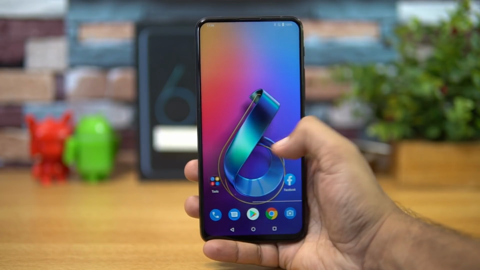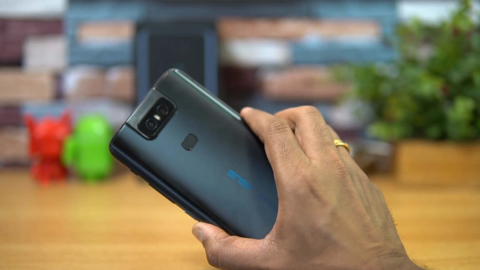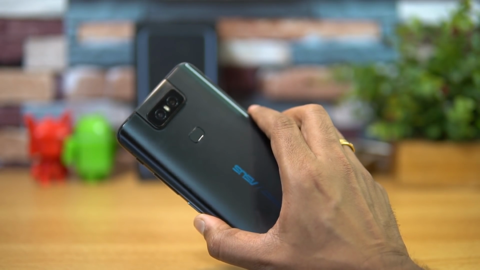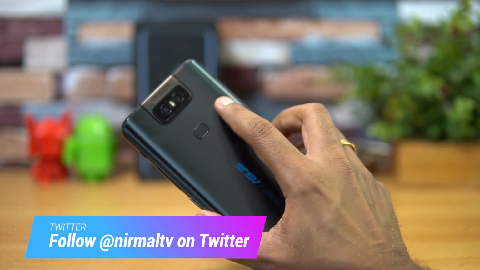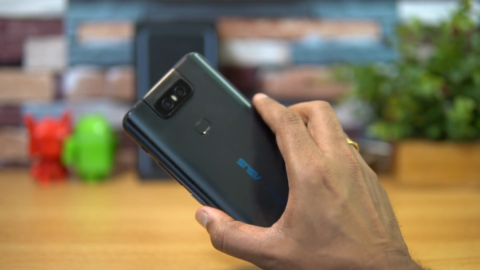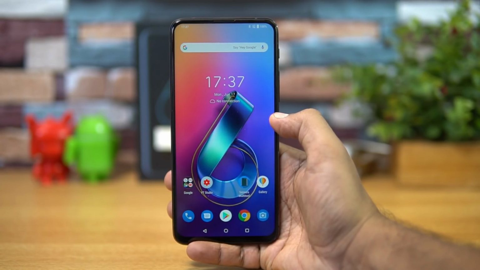In this video we'll share some camera tricks on the ASUS 6C. The ASUS 6C has this flip camera mechanism, so it flips up to open the front camera as well. There is no front camera as such. The rear camera is used for the front camera as well. In this video we'll talk about some of the tips and tricks you can try out on the camera